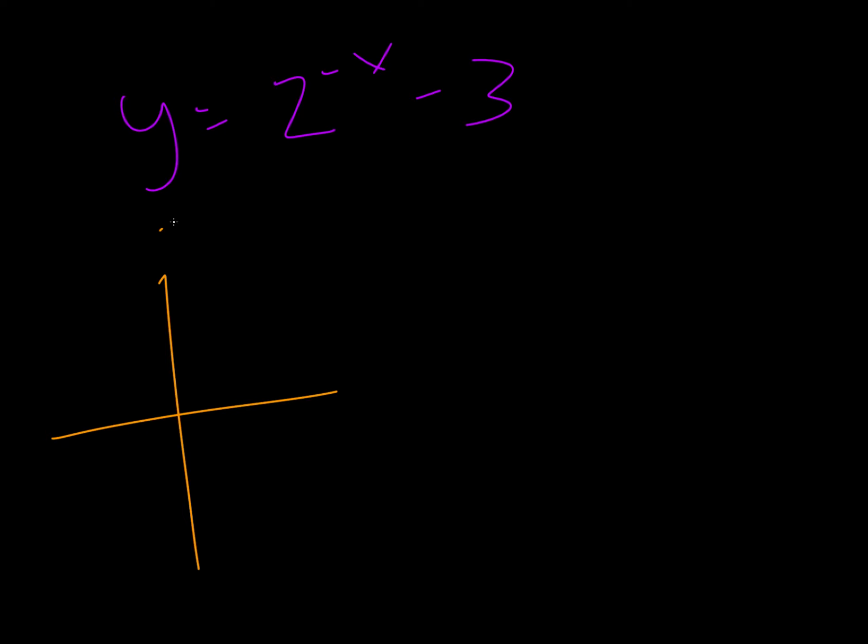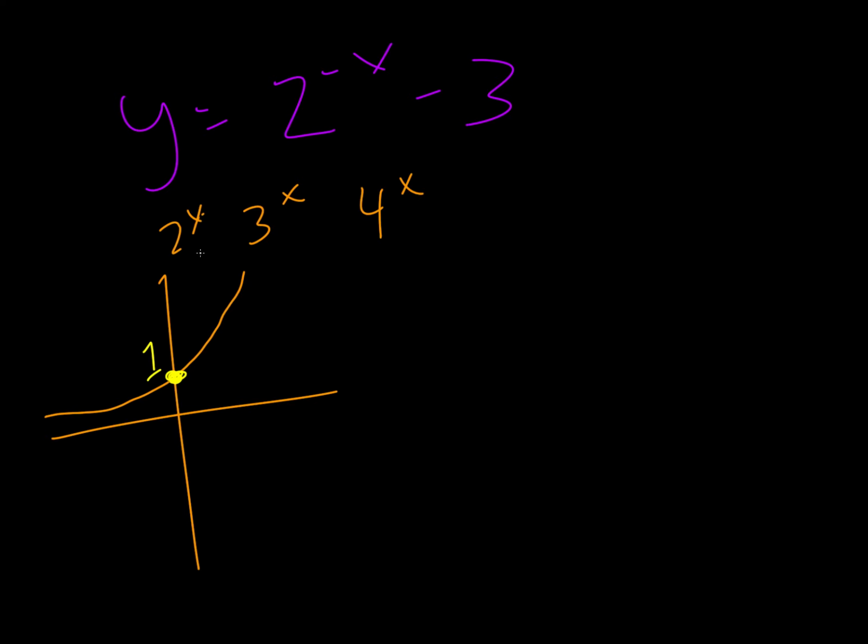So we're just going to jump right in. They want us to sketch the graph of y equals 2 to the negative x minus 3. You want to get really comfortable with what an exponential function looks like. So if we just have something like 2 to the x or 3 to the x or 4 to the x, any of these, they actually look pretty similar to each other. And in a general sense, we can think of them as the same, like if we're trying to sketch a graph. Okay, so they're all going to look like this,